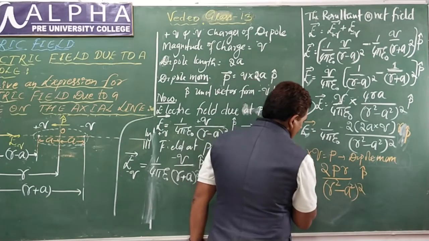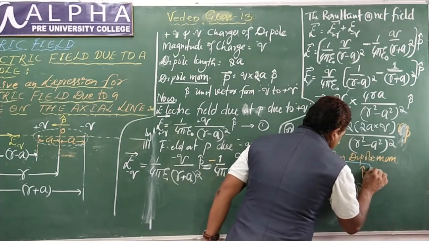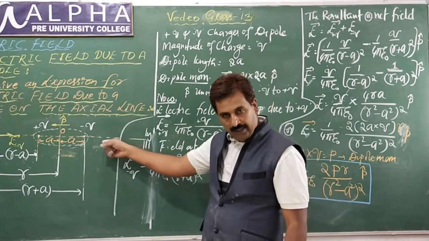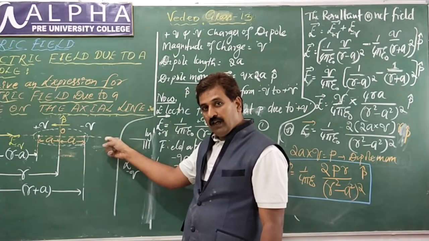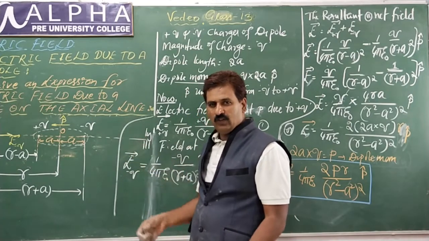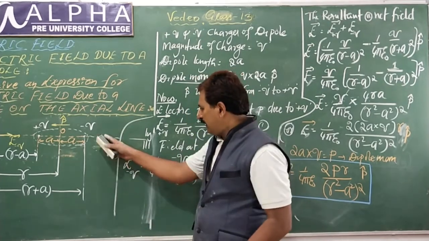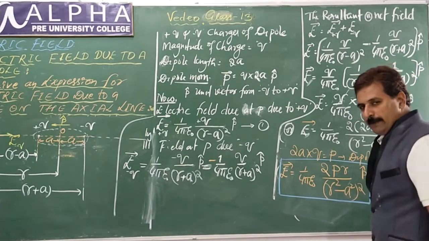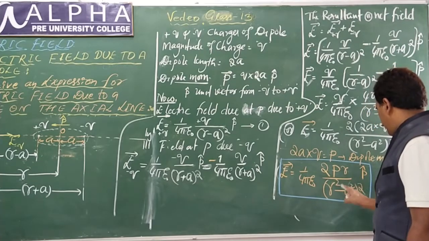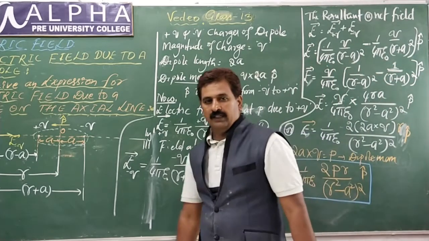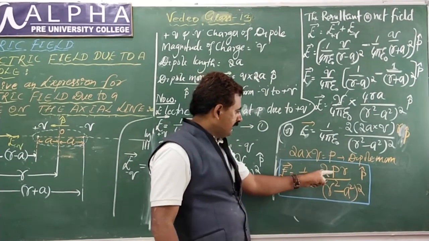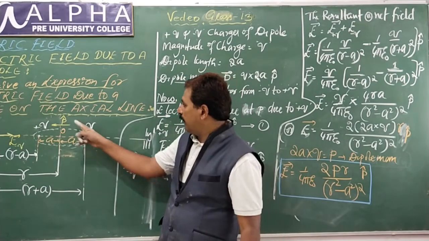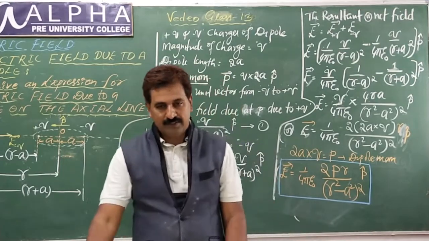This is the final expression for the electric field due to an electric dipole at any point on the axial line. Even if you consider a point on the right, try that at home after watching this video; it will be very good practice. Don't wonder if you might get a square minus r square. No, you get the same expression, r square minus a square whole square: 1 over 4 pi epsilon 0, 2pr divided by (r square minus a square) whole square. This is the expression for the electric field due to a dipole at any point on the axial line. This much you have to remember, students.